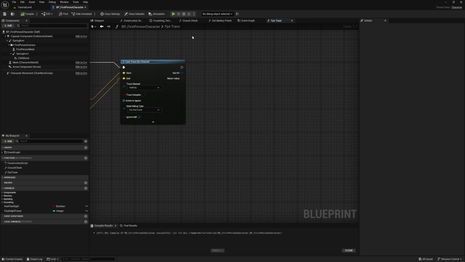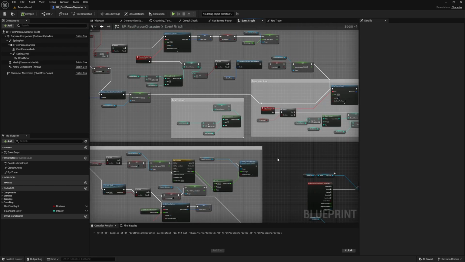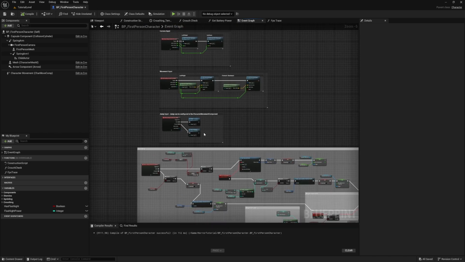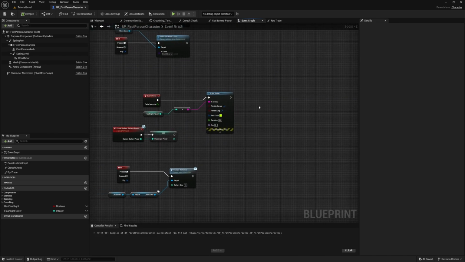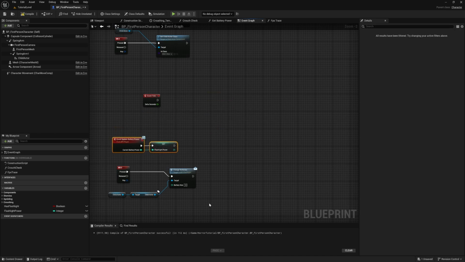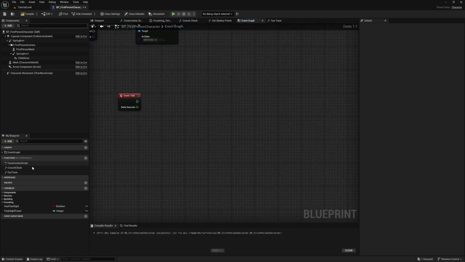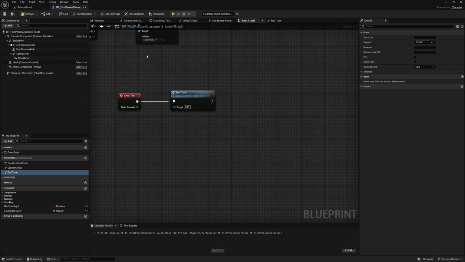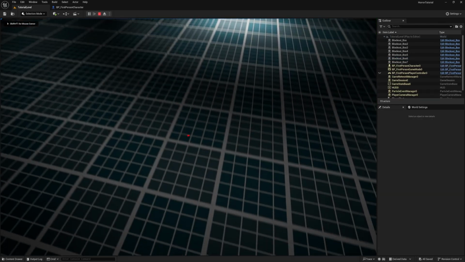So now if we go to the event graph, we want this running on the event tick, which is here. For this, I can unpin that because these are just testing. Same with that, and we'll move that over here. So we can drag the FPS trace in. If we try it, now we have the trace